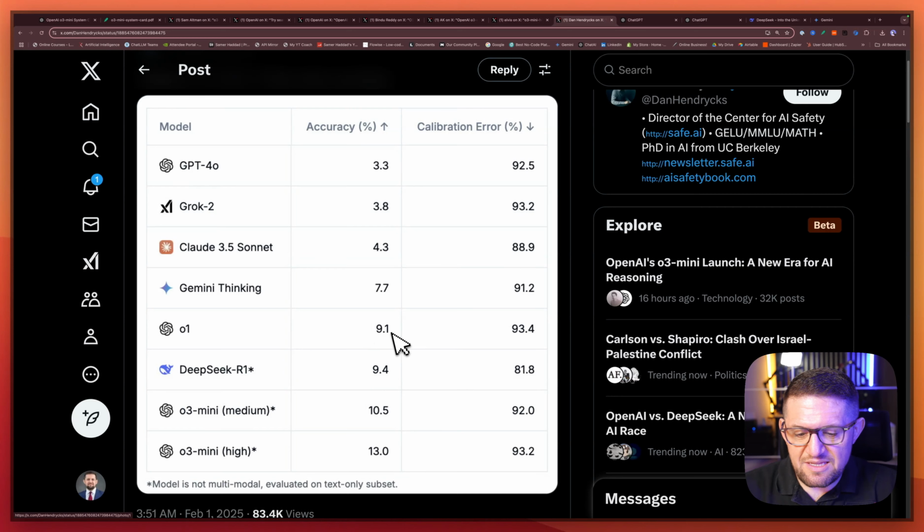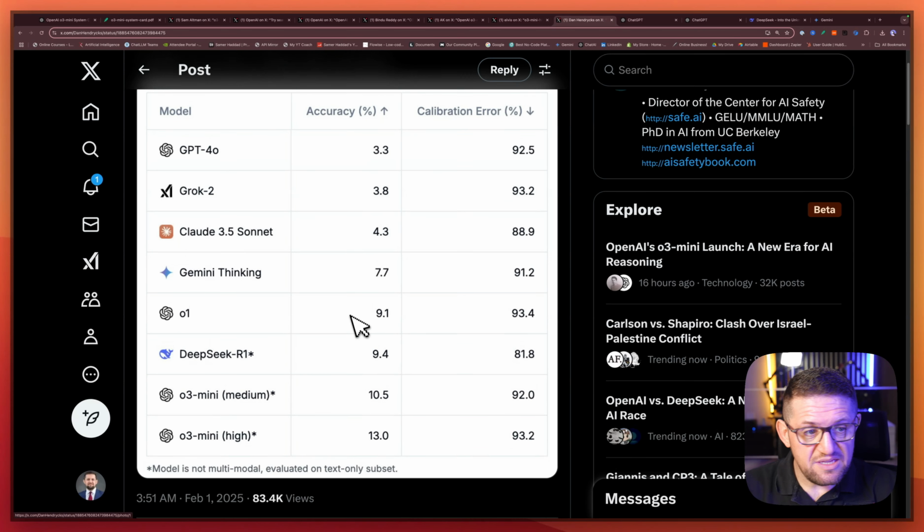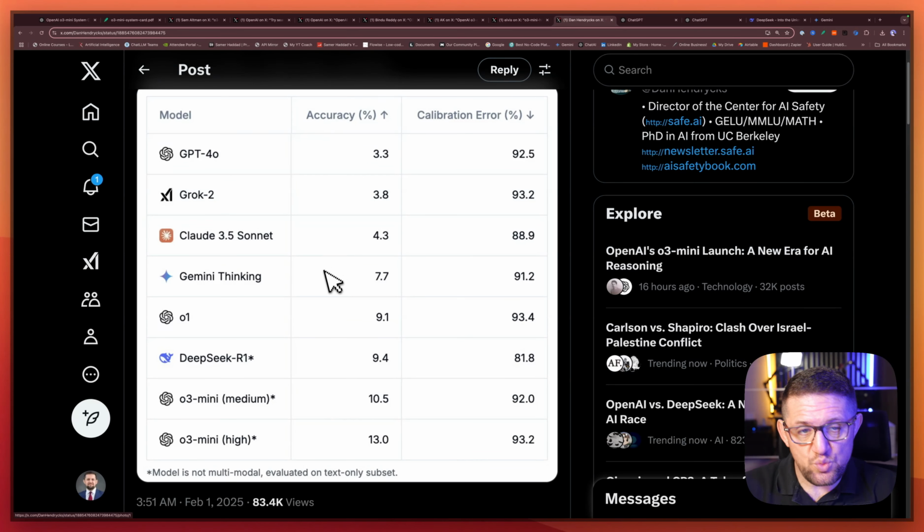Here it says it beats O1, but it's behind o3-mini. So in other ones, we see that even DeepSeek is behind O1. Again, this is Gemini thinking, just behind O1 as well. So it's interesting to look at these things. I'll give you the links to all these tweets if you want to look at them, follow these interesting people. So I'll show you the prompt.